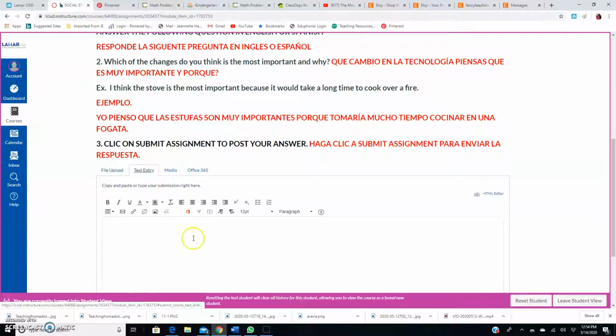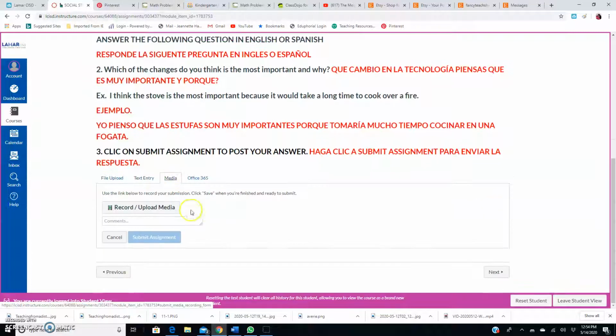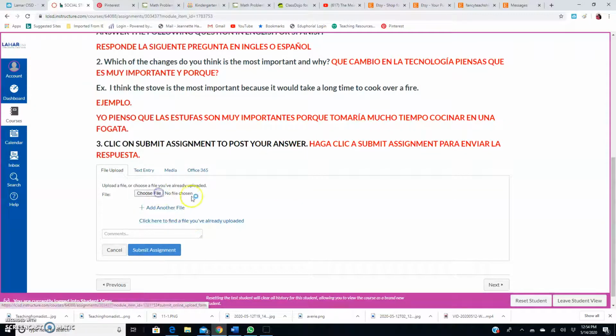You can do a text entry, you can do the media, you can record. You can click on here and you can record yourself from this and then submit it if you want to say something or if you want to record yourself doing it. Or if you go to file upload, you can go choose file